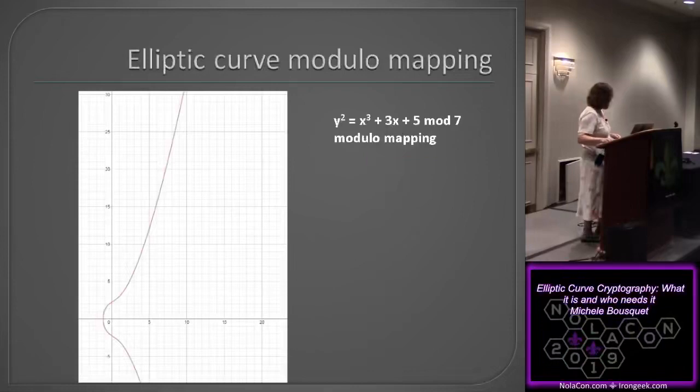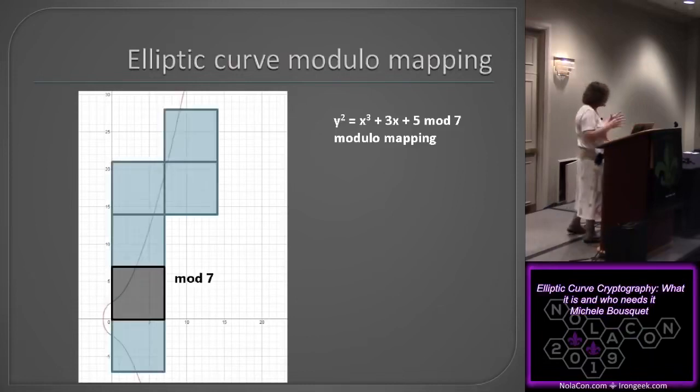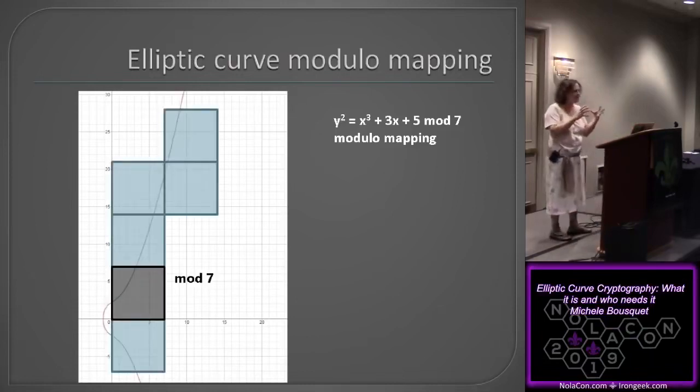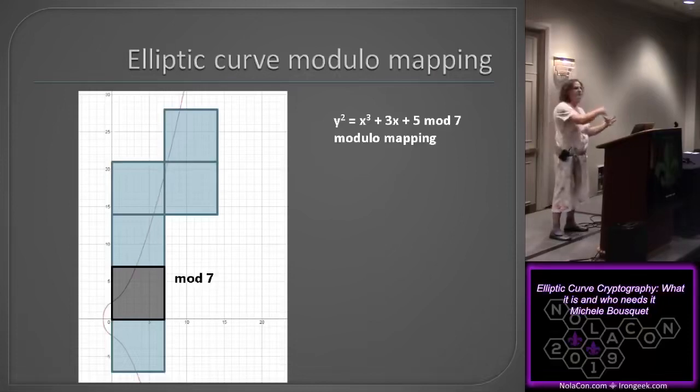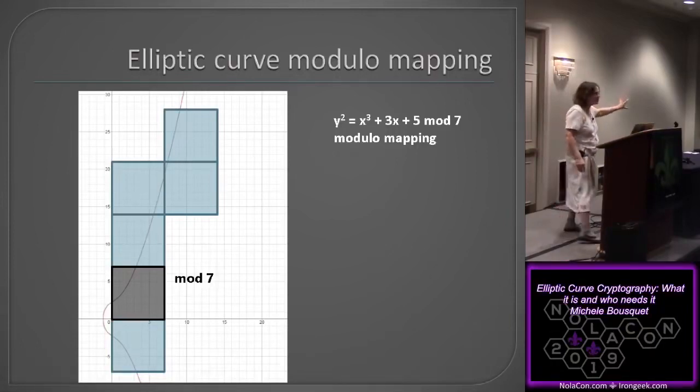Okay, so here we have this curve, and we're going to perform modulo mapping on a graph. Bet you've never done that before. So the concept here is, remember we had that box that only contained 0 through 6, and all the numbers would get shoved in the box? We're going to shove everything into that part of the graph, the 7 by 7. So all of the points, the XY points, are going to be numbers 0 through 6.